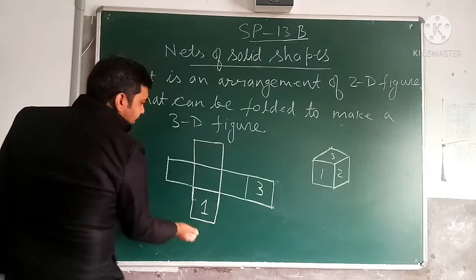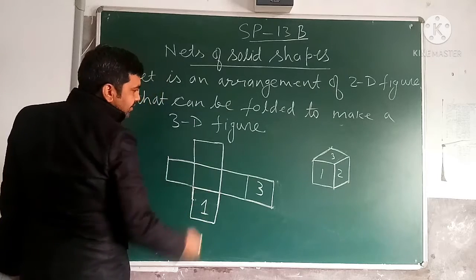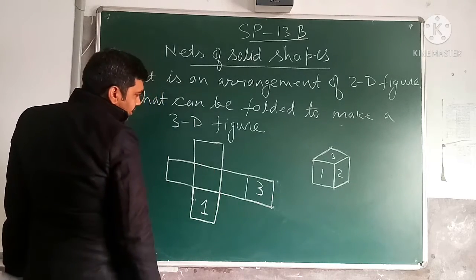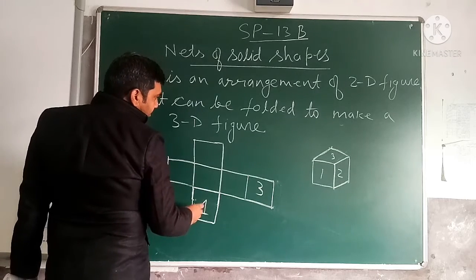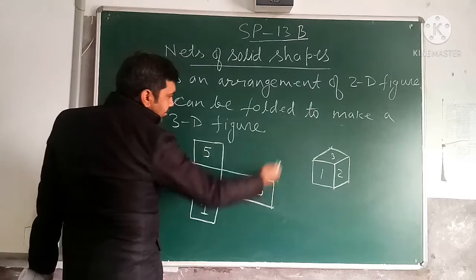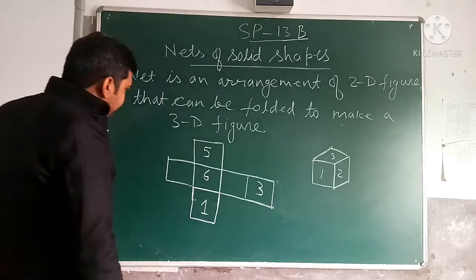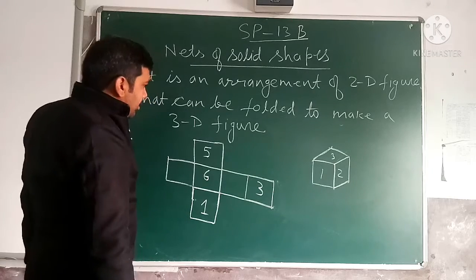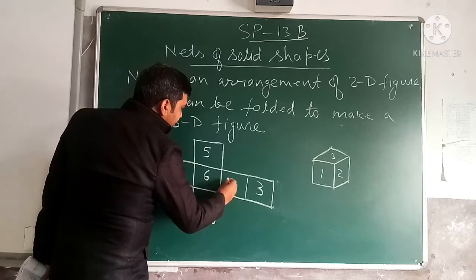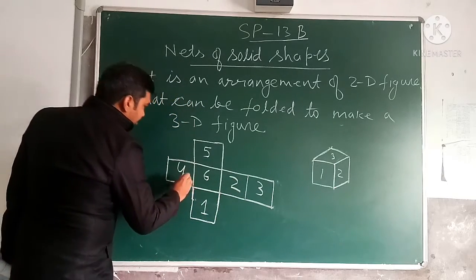When we unfold it along this and unfold this along this. Behind 1, this is the back face which we are not seeing. So behind 1 we can take here, that is the 5, and bottom of the face 3, that is the 6 here. Okay, that is the 6. Now face 2 on the second side, and the face opposite to this face 2 is here, 4.